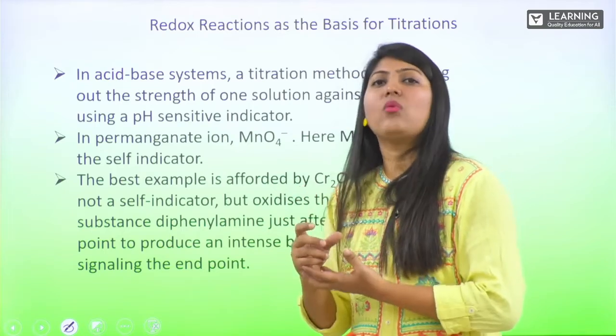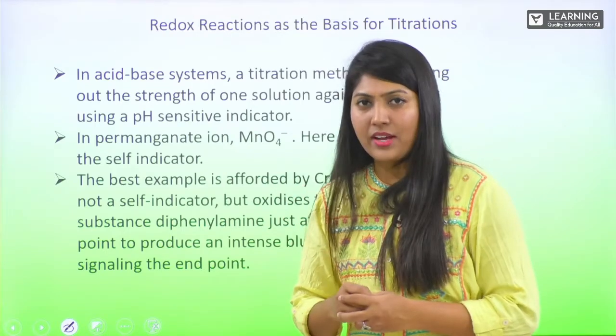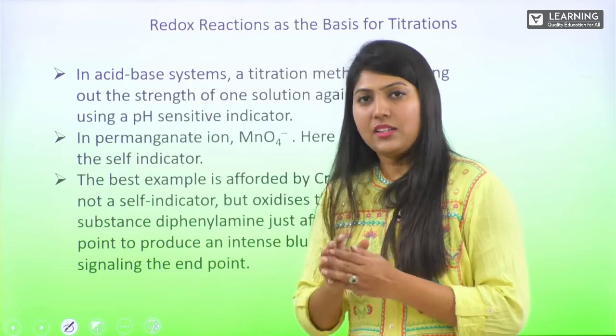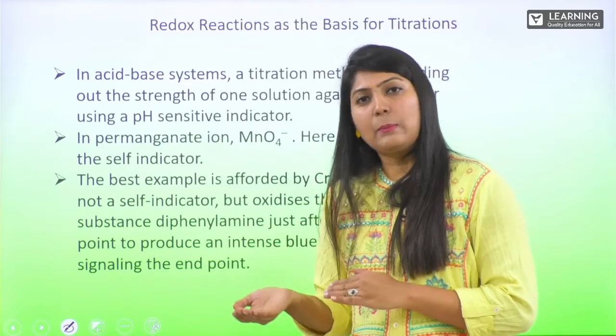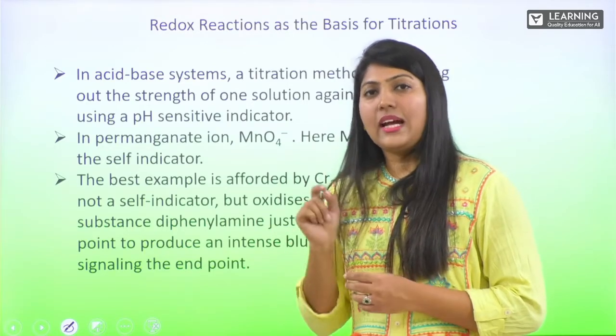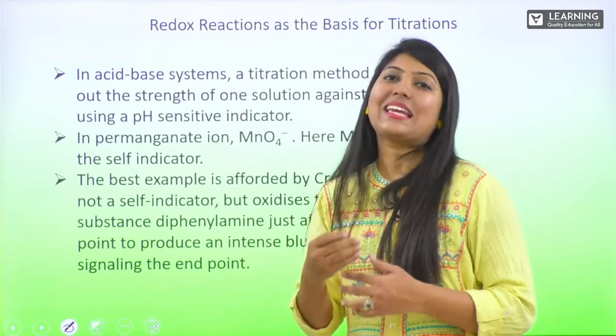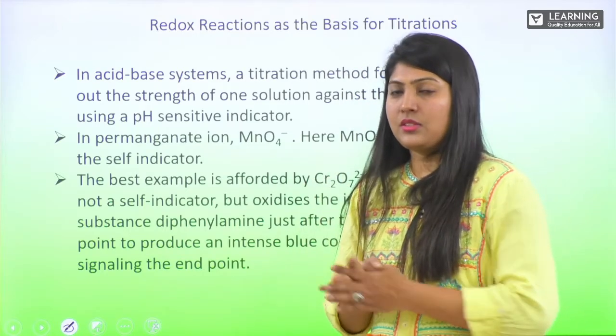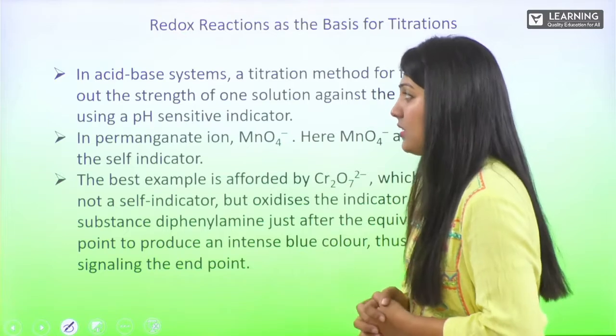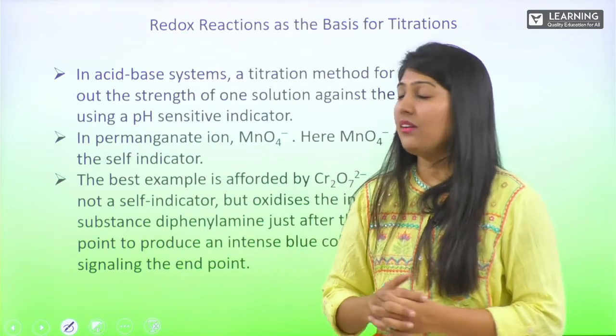In the flask we have one solution, in the burette we have another solution, and we add an indicator to get to know whether the reaction has been completed or not. That indicator will give you a change in color at the end of the reaction. So we have the titration here, and many types of titrations.